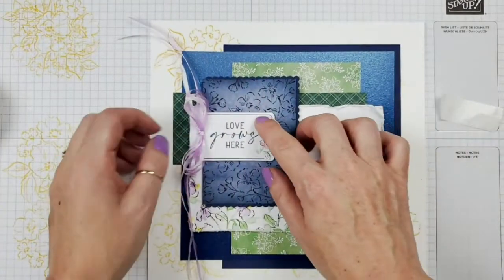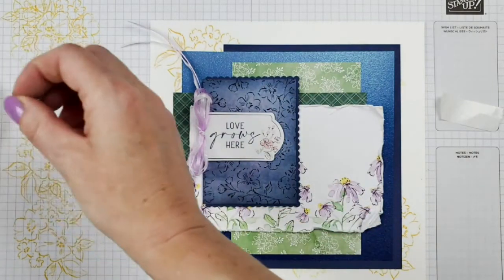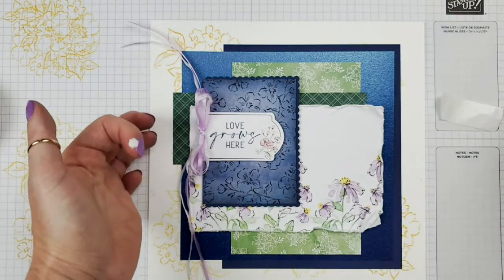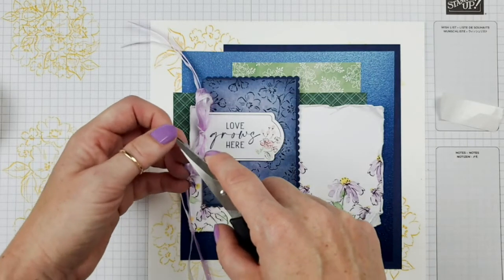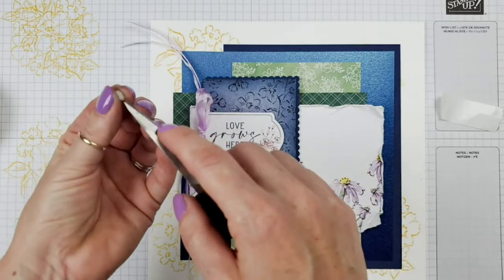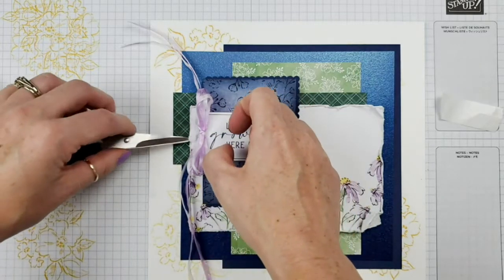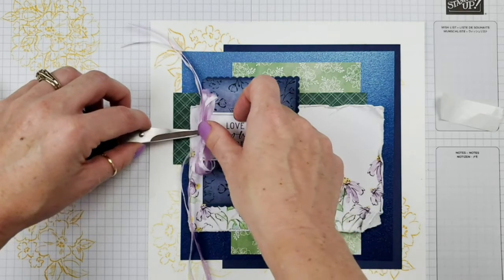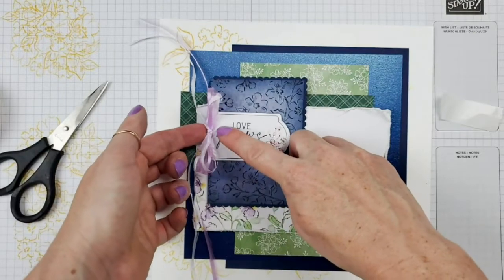Fluff everywhere. That's sticking down more than I want. I'm going to tuck a little dimensional underneath that spot where the ribbon is, just because I have a little bit of a glue dot section that is, normally I use my take your pick tool for this bit, but I don't know, it's buried somewhere. Come on now. So I'm just going to tuck this underneath where my bow is, because it's wanting to stick to the paper and drop that section down, and I don't want that. So